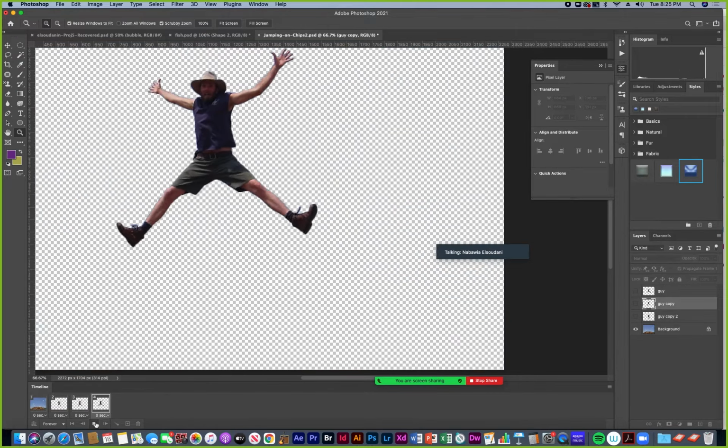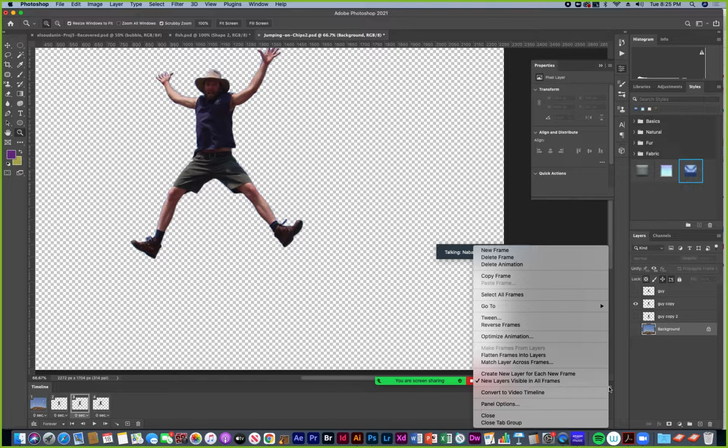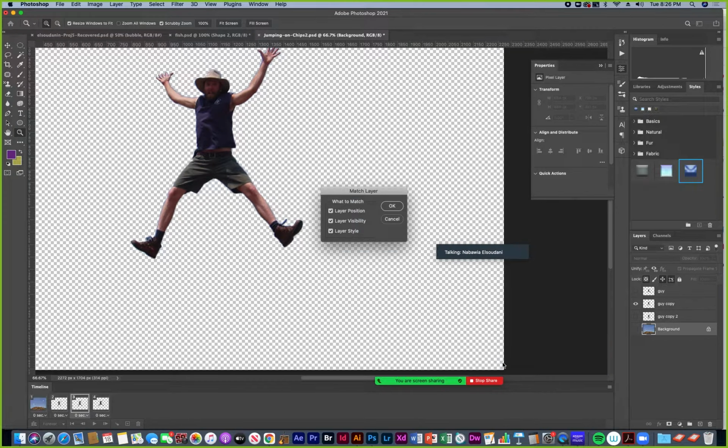So now it's gonna play one frame after another on a loop, but it's not using the background as a constant at this time until I select the layer and I choose match layer across frame. Wait, is that right? Okay, yeah, and then I just need to say okay to this, match layer, layer position, visibility, and style.